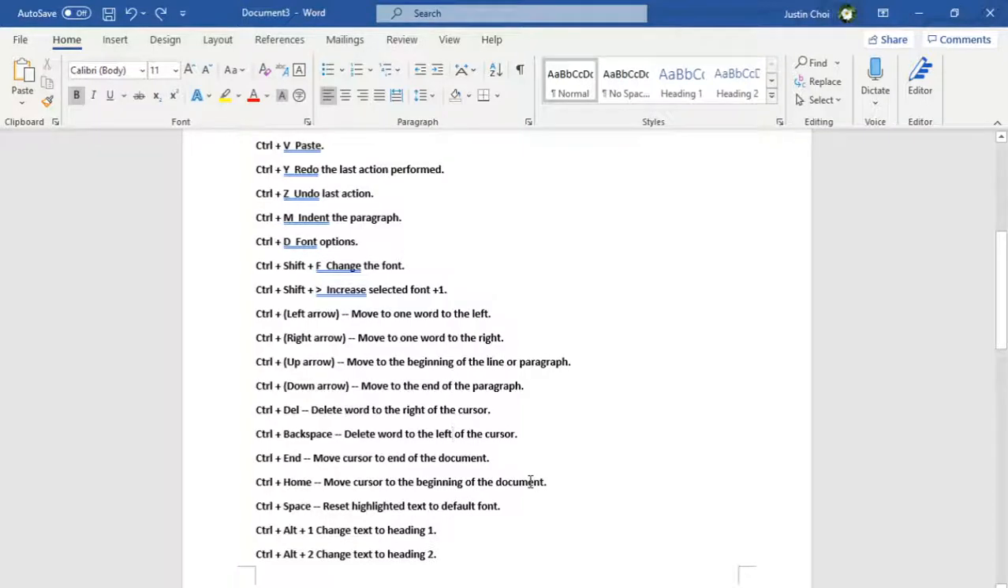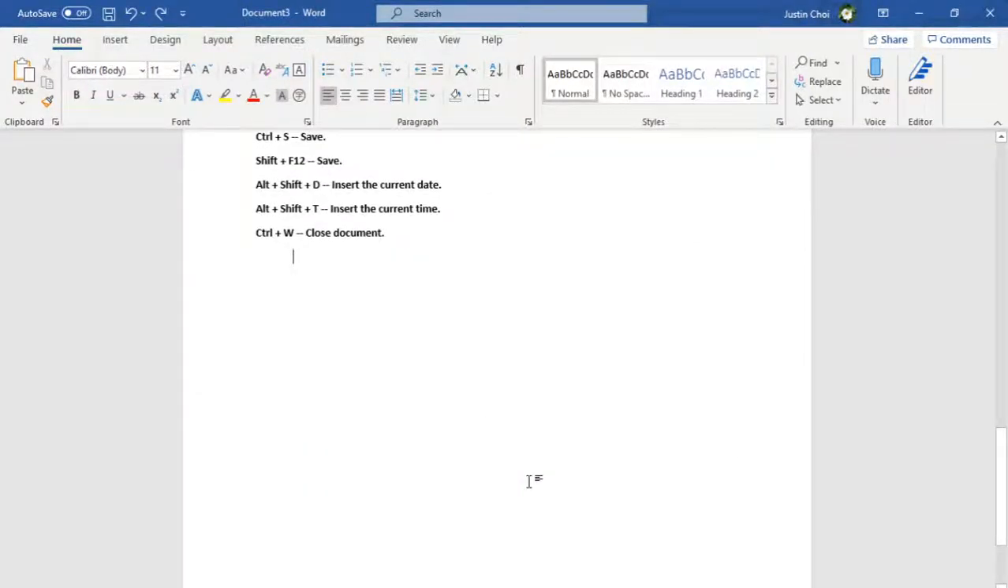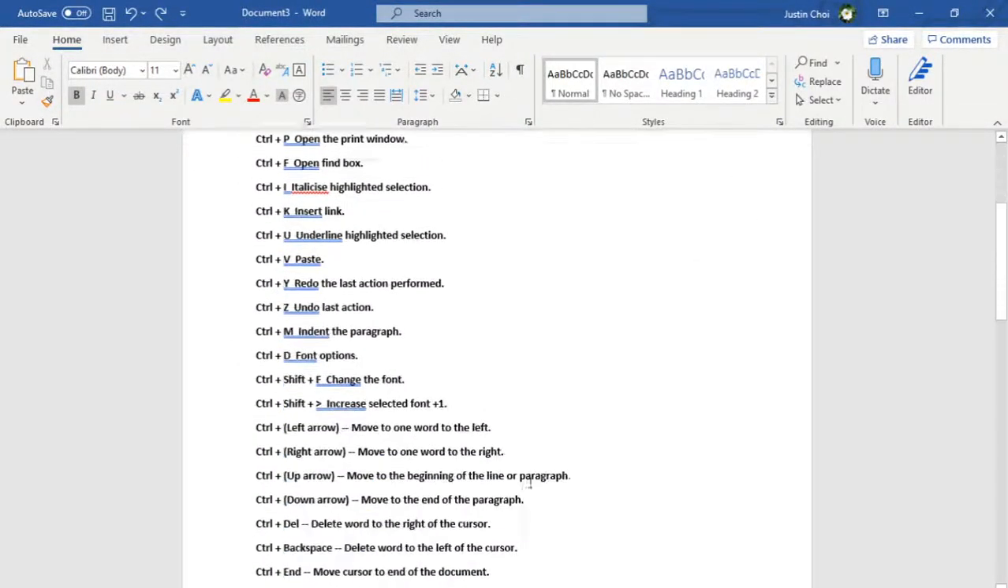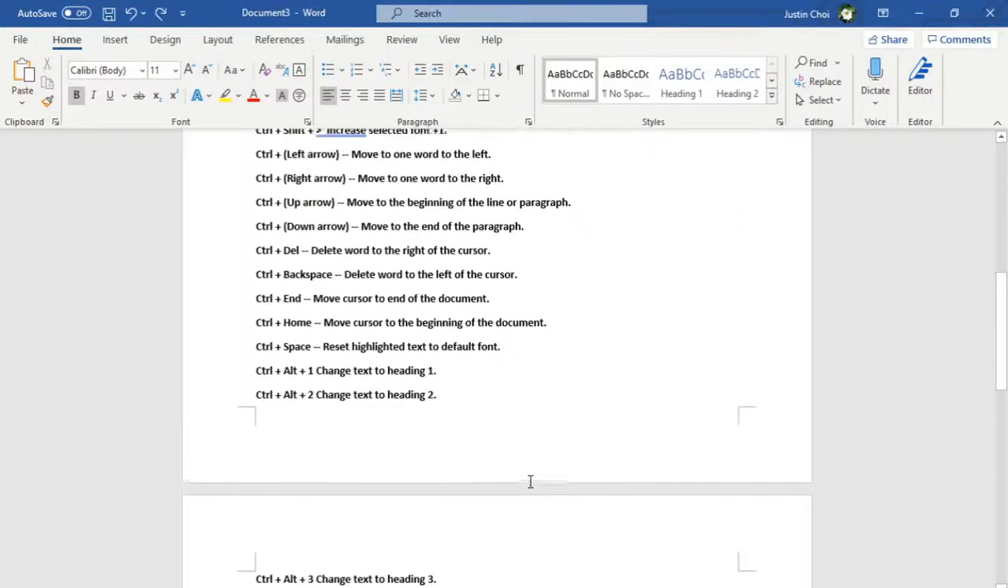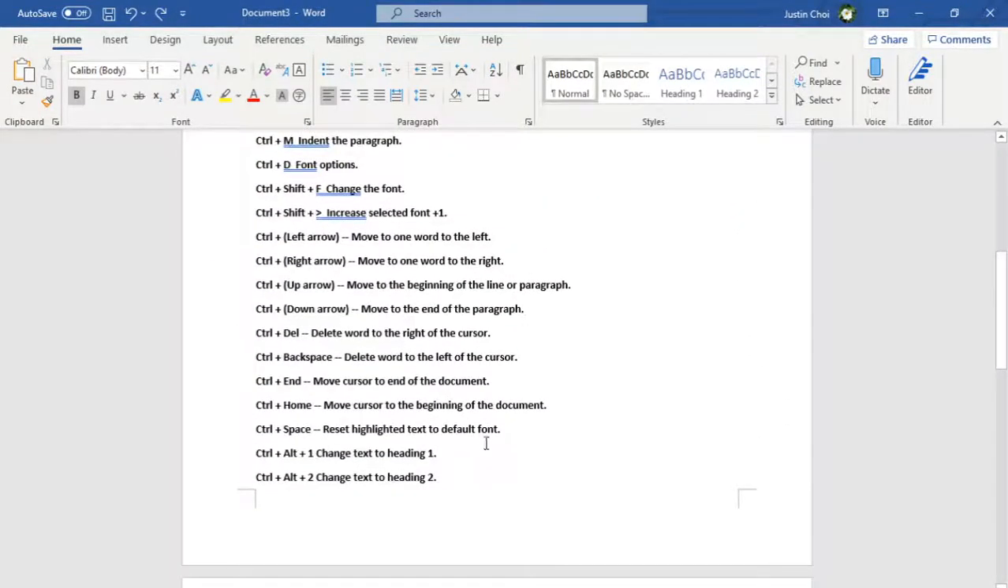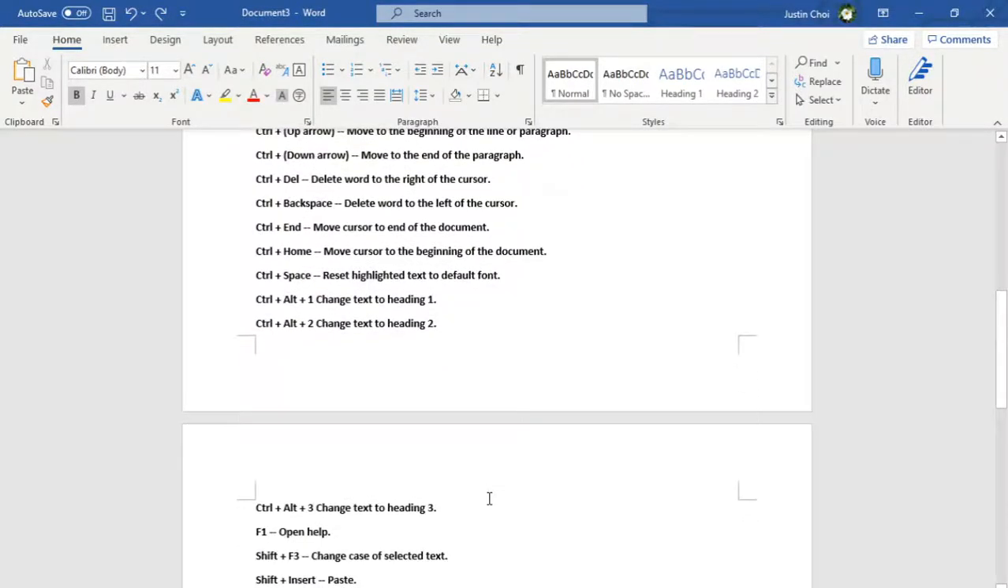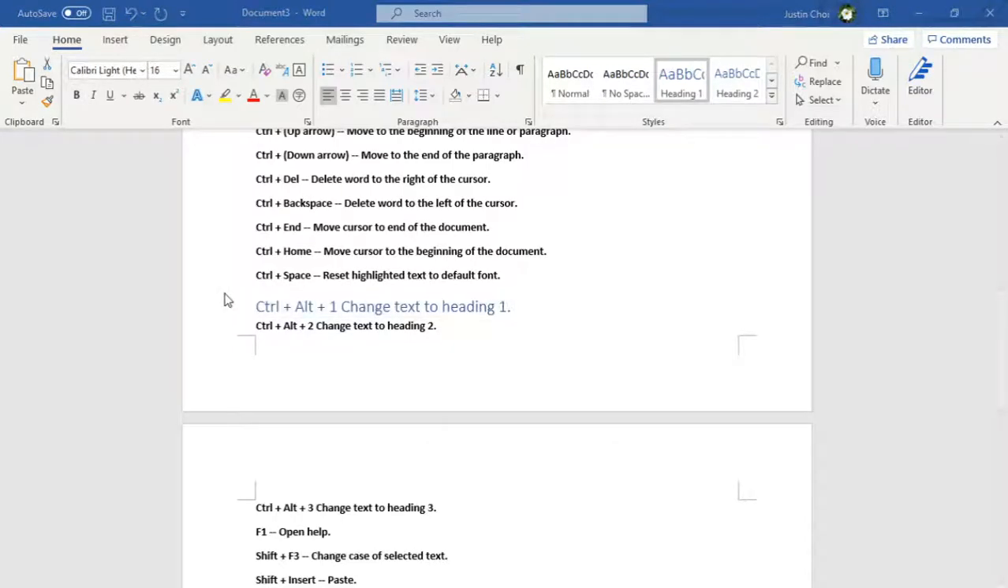Now if we do Control End, it'll go to the very end. Control Home to the very beginning. Now for Control Space, that's only changing the highlighted text to default Calibri. So we don't need to worry about that. Now we do Control Alt 1. It'll change the heading. Now if we do Control Alt 2,